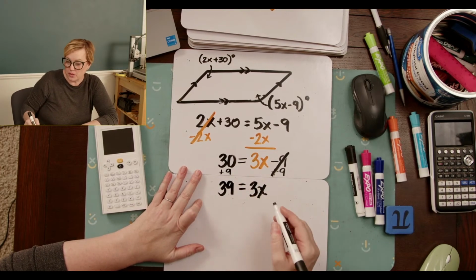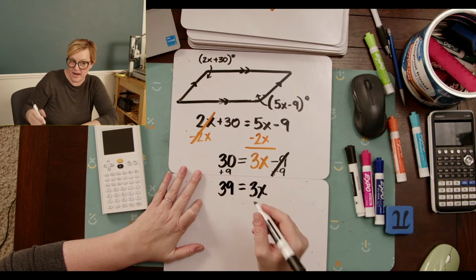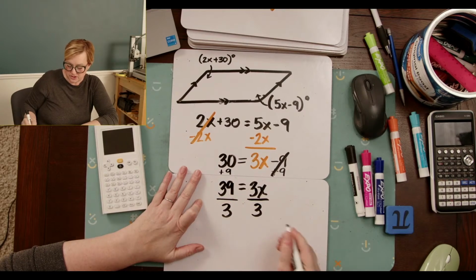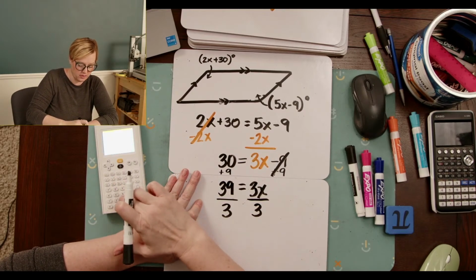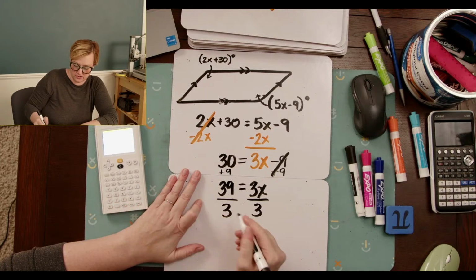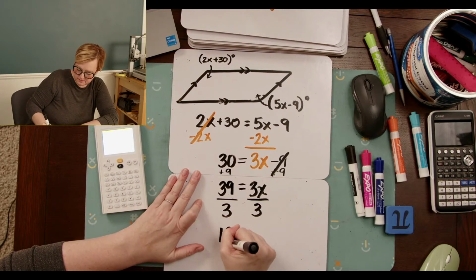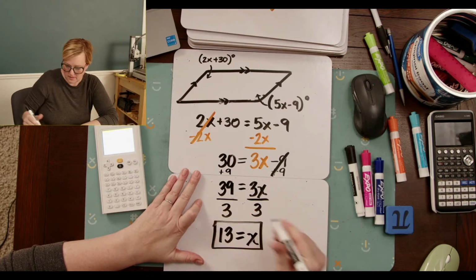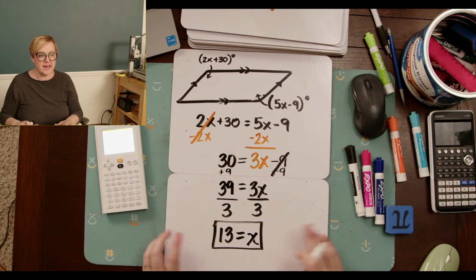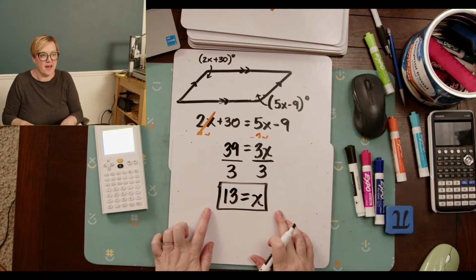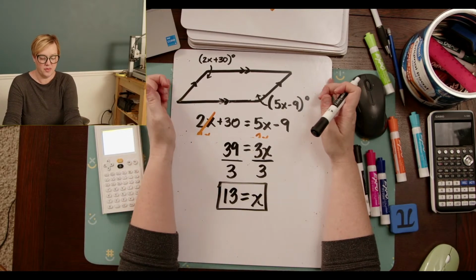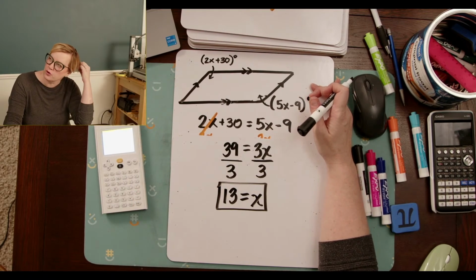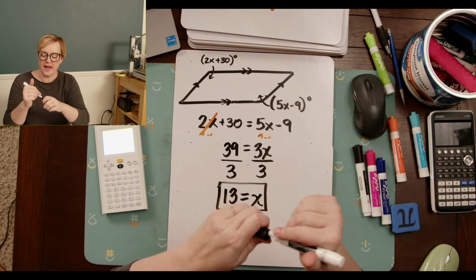So if 39 is 3x's, the way I figure out how much 1x is I'm going to divide by 3. So 39 divided by 3 is 13. Okay, so 13 is the value for x. It's not necessarily that it proves that it's a parallelogram, but